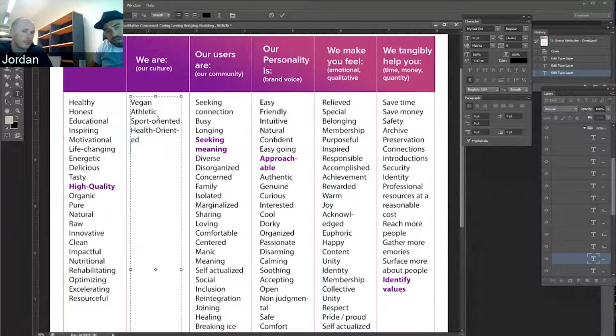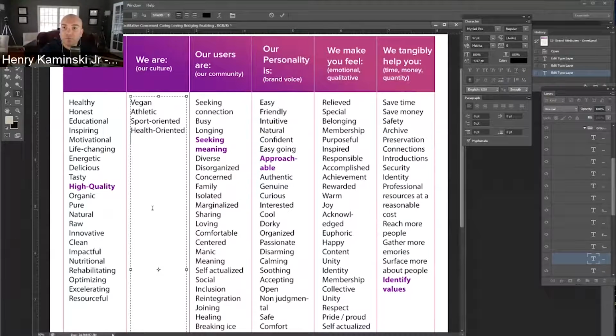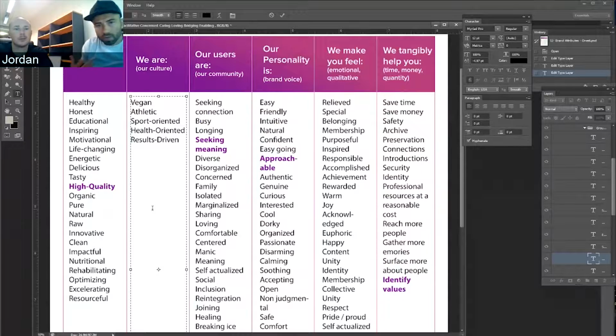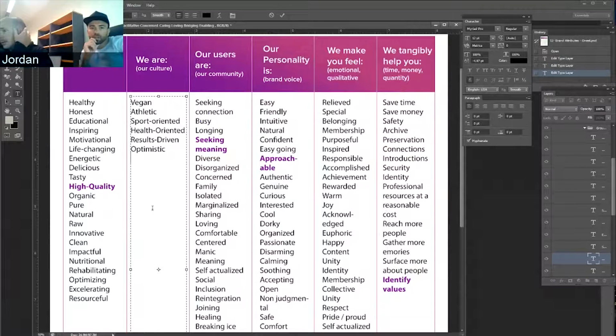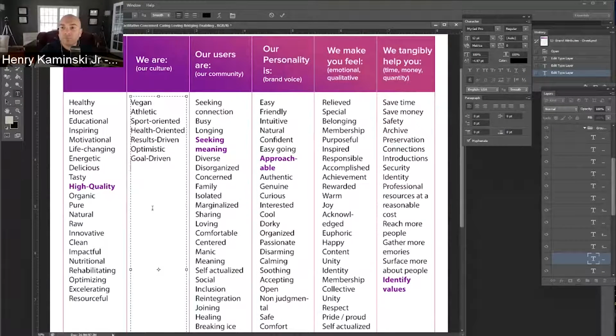Where our culture is results driven? Yeah, results driven, 100%. I guess when I talk about optimizing performance, it's results driven, I suppose, isn't it? Optimistic is one. Optimistic, goal driven. There we go. Our culture is, I guess, at the same time,